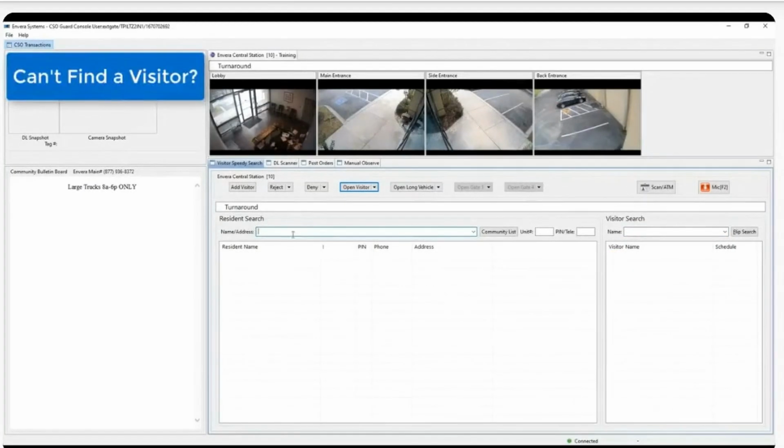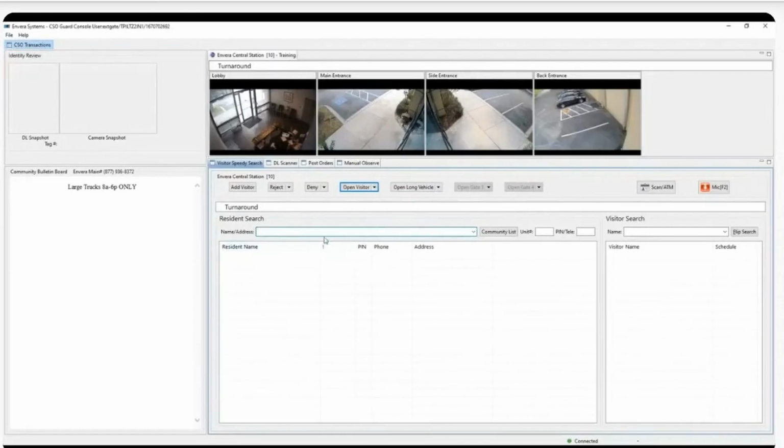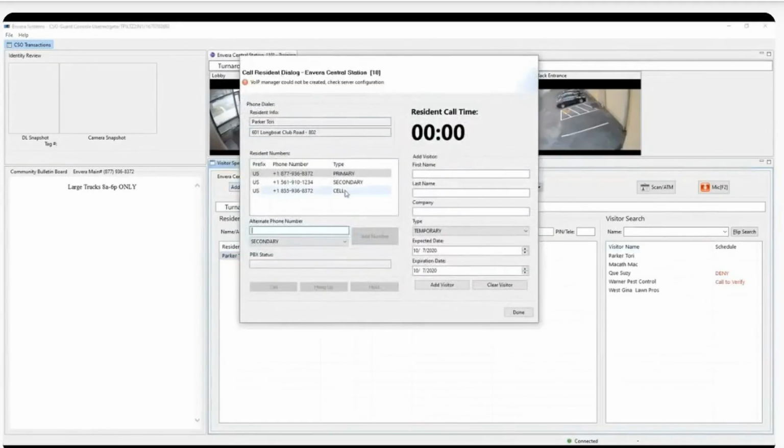Remember that this software is syncing with Envera, the web portal residents use to update their guest lists. If you're not finding a visitor is listed, that means the visitor is not on the resident's guest list, and the resident will need to be contacted. To call the resident, in this example, it's Tori Parker, I will click the Add Visitor button. This opens the call prompt, and you will use the numbers listed to try to contact the resident for verification